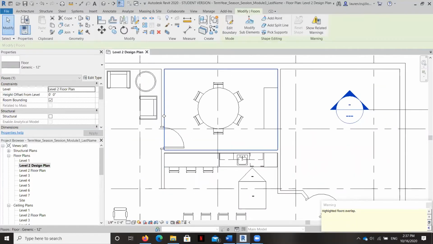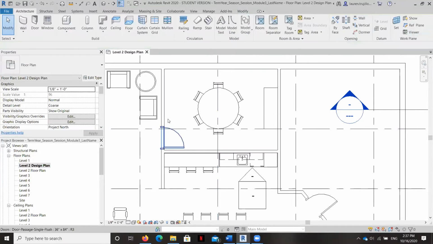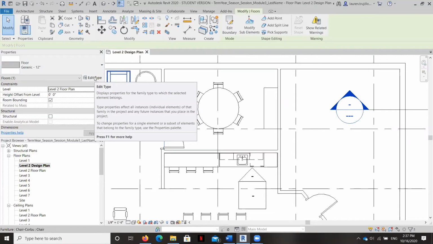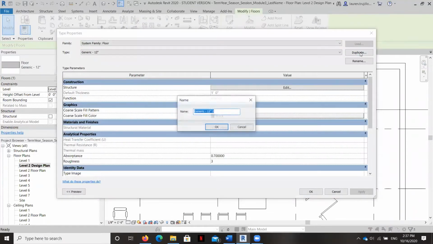And now go ahead and select that floor. We're going to do an edit type, because right now there are two floors right on top of each other, both 12 inches thick. So we're going to go to edit type, duplicate, and we're going to call this finish layer carpet.